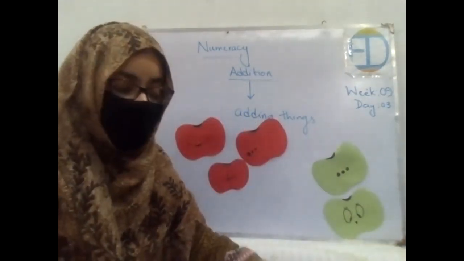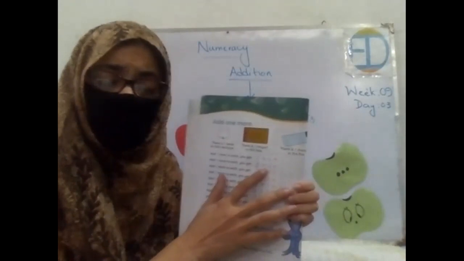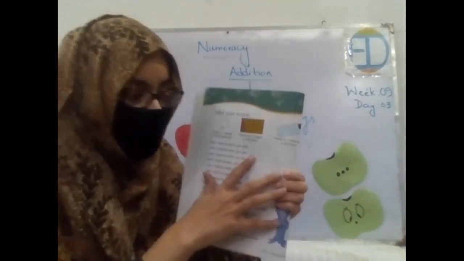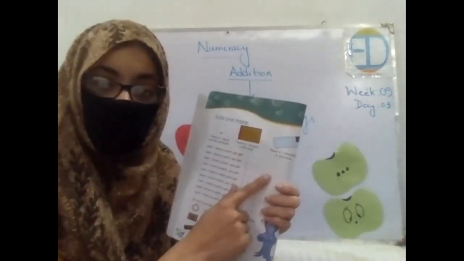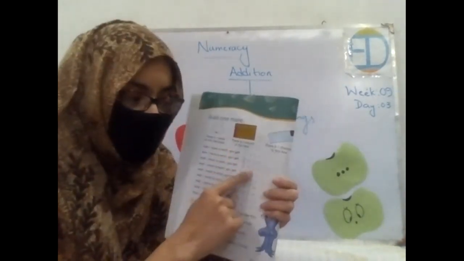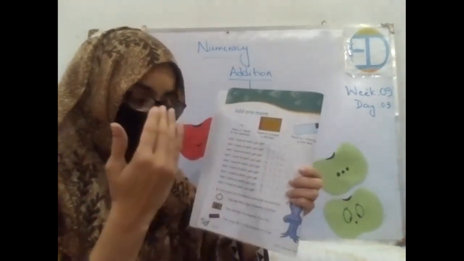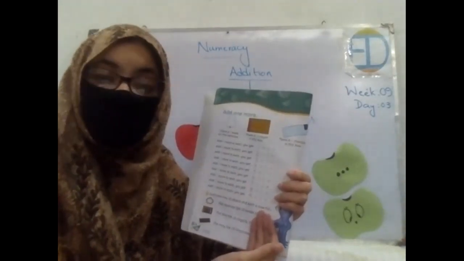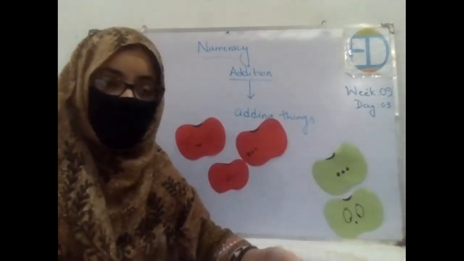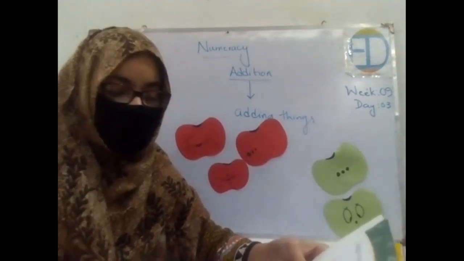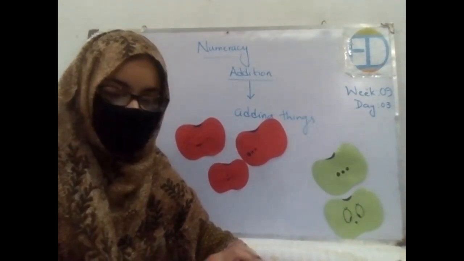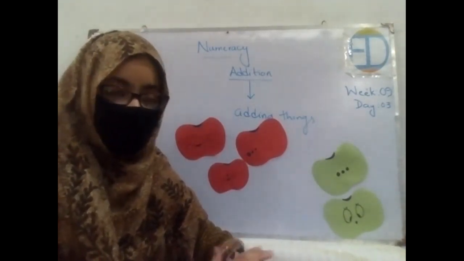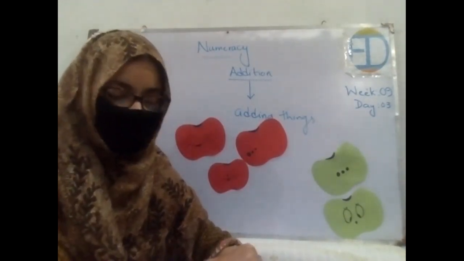So in this way, in your book, you are supposed to add one to every sum or every answer, right? 1 plus 1 equals 2, 2 plus 1 equals 3, 3 plus 1 equals 4, and in this way you will continue till 10, okay? So hurry up, take out your pencils, write today's date and start writing, okay? Hurry up. Let me know when you are done till 10, okay?